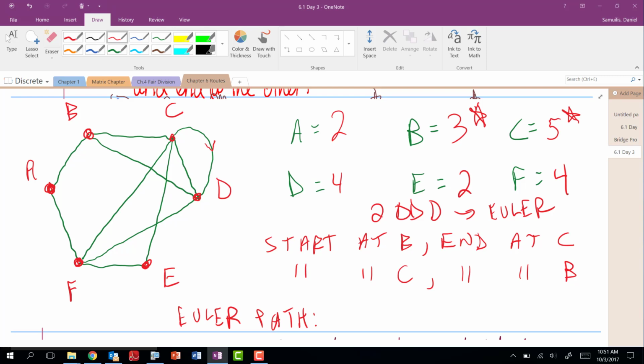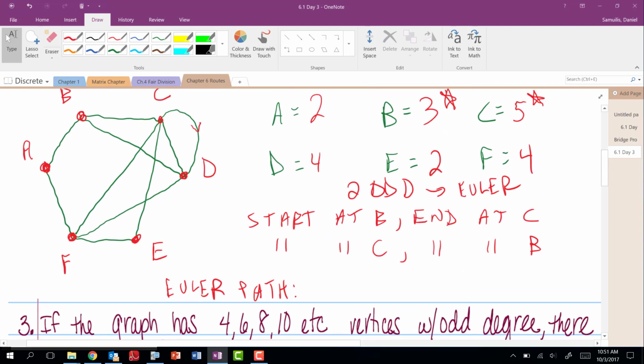Hey, so what do I have? Now I have exactly 2 odd degrees. I have an Euler path, so that's why I kept this there, but I left Euler circuit open there. I definitely have an Euler path. But what I need to do in order to create an Euler path is to start at B and then end at C. Those are the 2 odd degrees, or vice versa. You know how to take notes, right? That these little 2 tick marks right here mean start at C, end at B. Anyone ever see that for note taking?